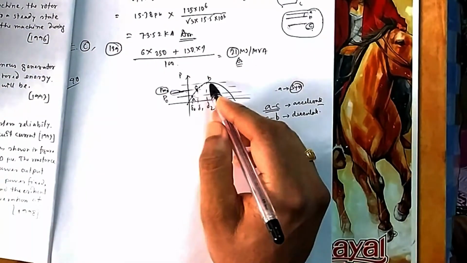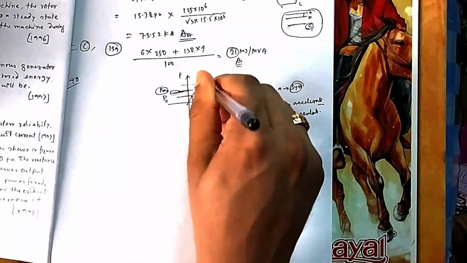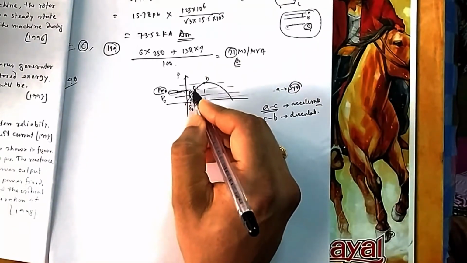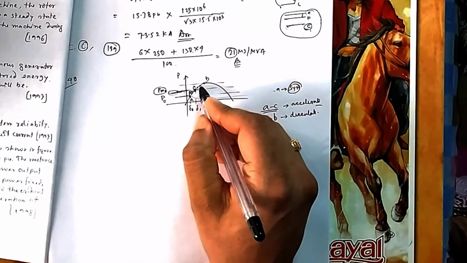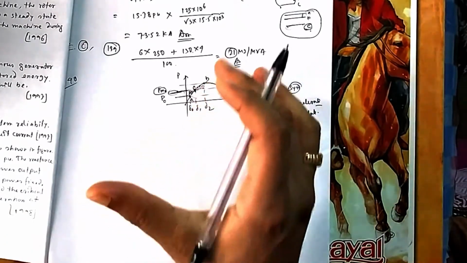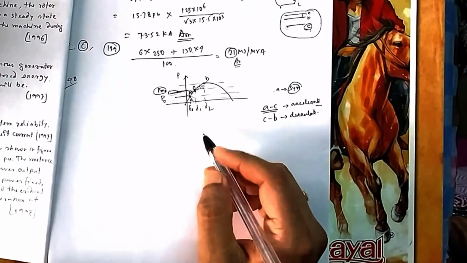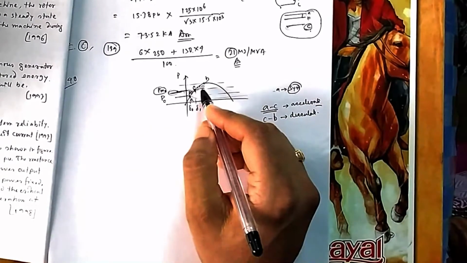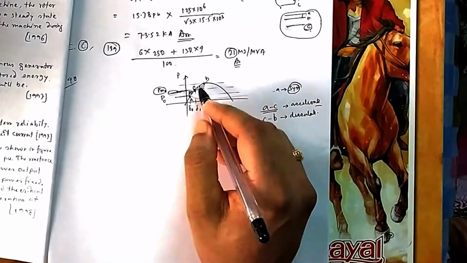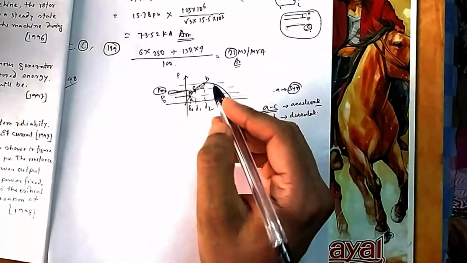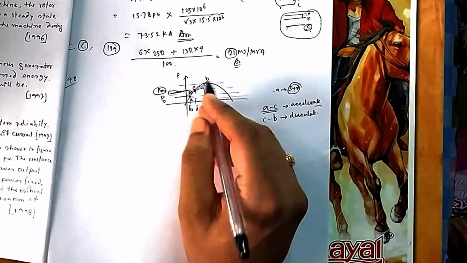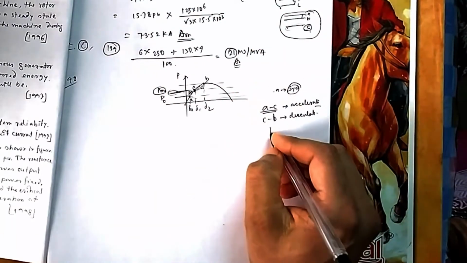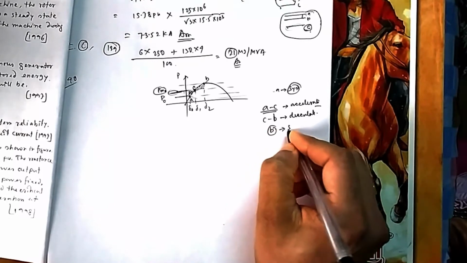So from C to B it will decelerate. Think of this triangle as the accelerating power that you have gathered in this period. The same amount, when it reaches here, is your decelerating power. So that is the concept of equal area. Then it will stop at B. Suppose it has crossed its synchronous speed at C, then at a point B it will come down to its synchronous speed again. So at B it will again reach its synchronous speed.